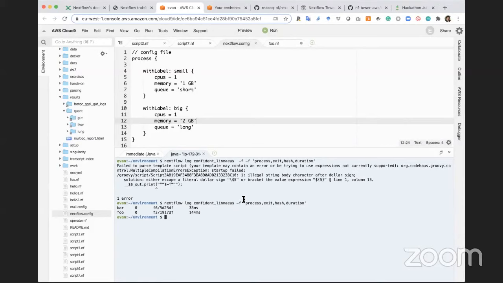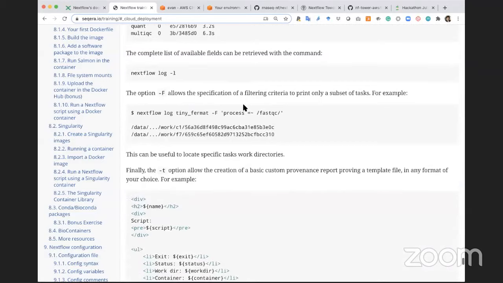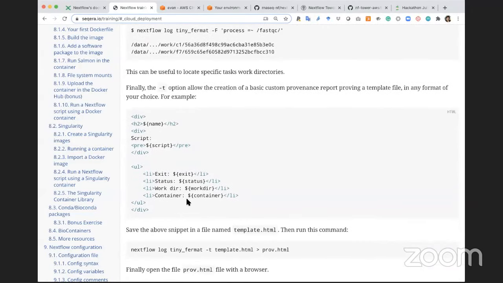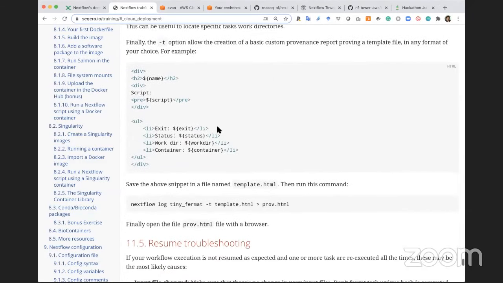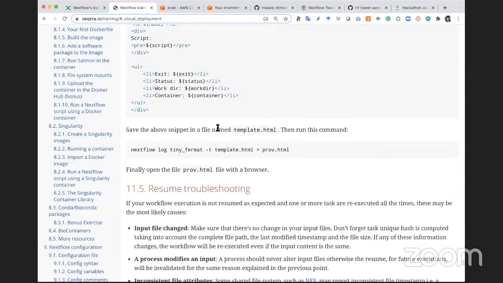Okay, we can see we can capture that information. You can also put this into an HTML report. So you can provide a template here where that information would go into some HTML if you wanted to create a provenance report. We get a lot of questions around